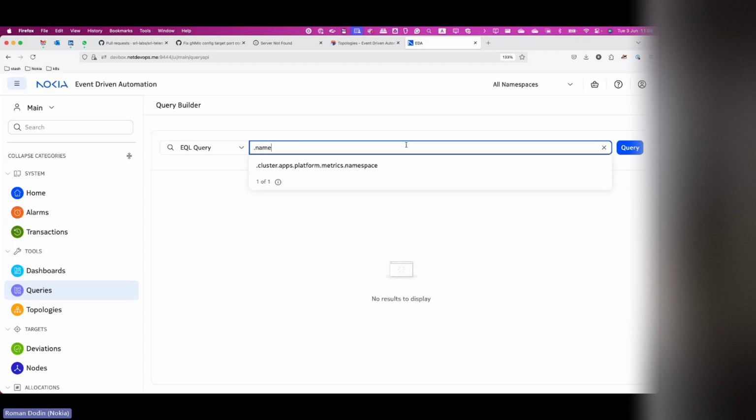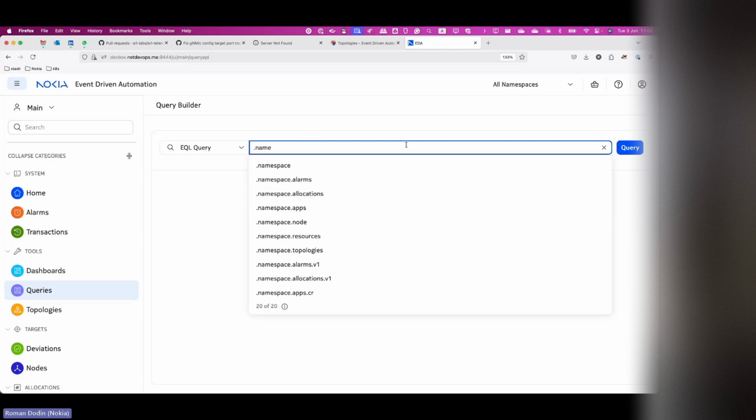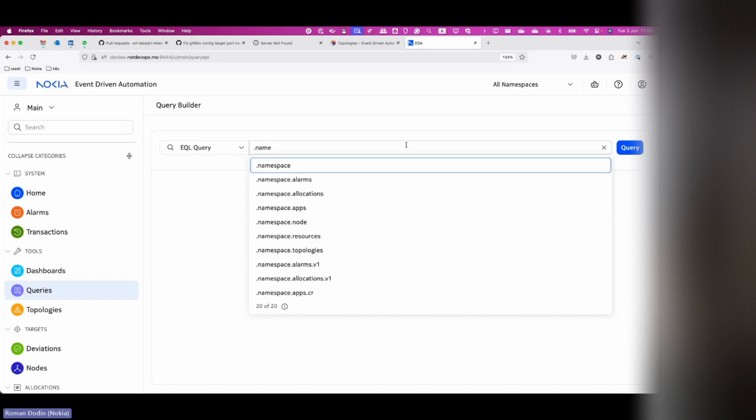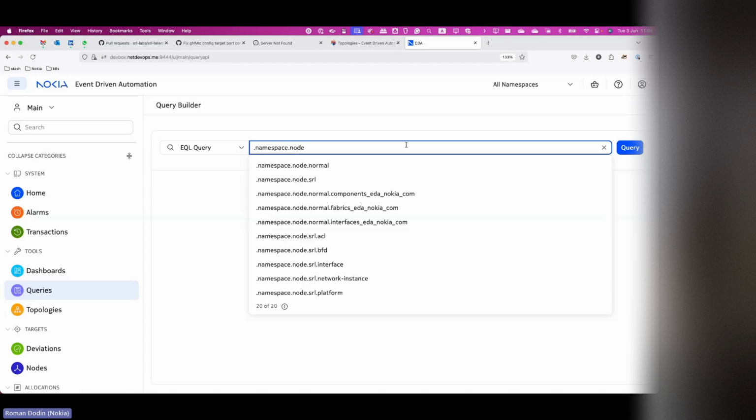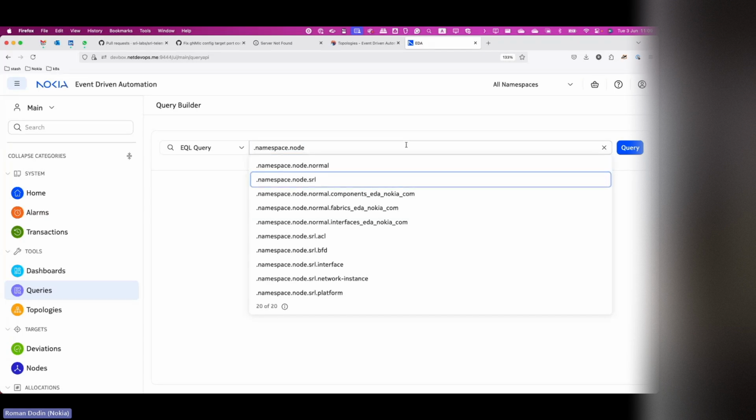Since my objects are all placed in a namespace, this is the object that I want to query right now, they will be in a namespace. So I use namespace.node, which means that we will take some information from the nodes, right? If my path contains a namespace and a node, we're talking about the nodes. So how about we go to node.srl